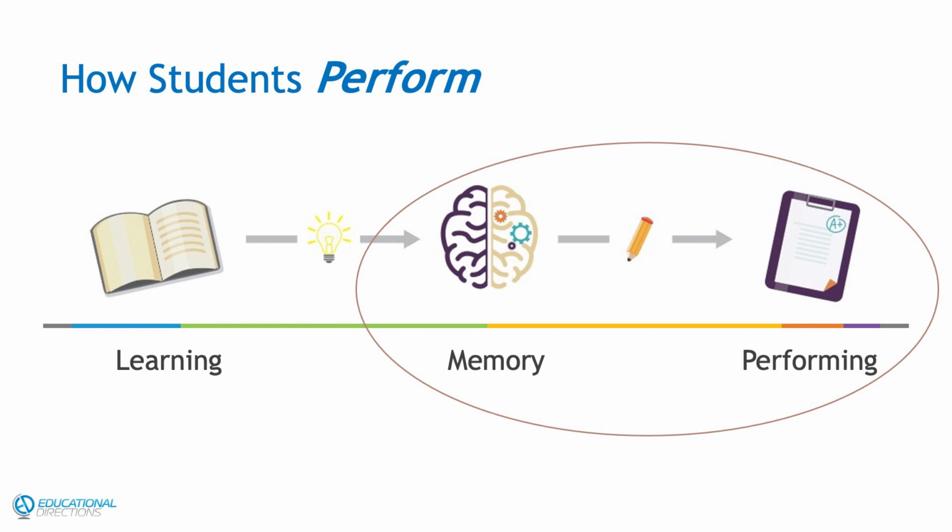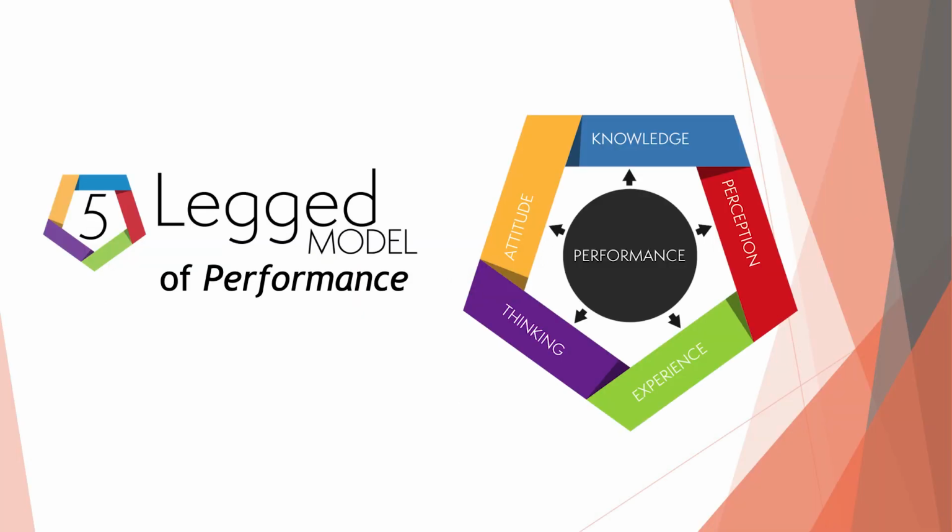We're going to expand the concept of what performance looks like into 5 legs that cover both the cognitive and the non-cognitive side of the student. So this is our 5-legged model of performance. This is us taking that long-term retrievable memory and actually performing with it at the level will be assessed, which normally if you want to use a metric or standard, that would be what the state test is going to expect of students. First, we have knowledge.